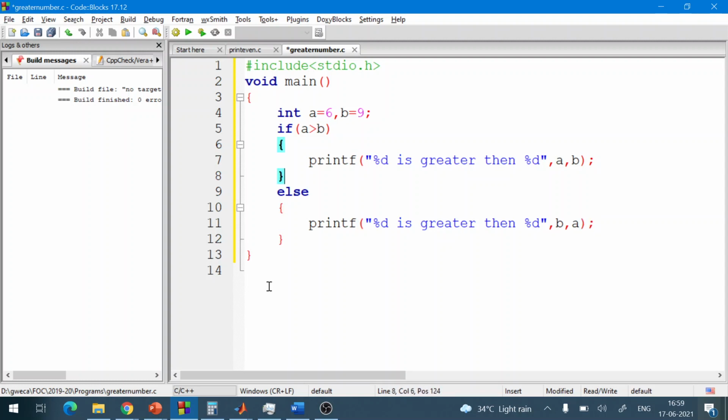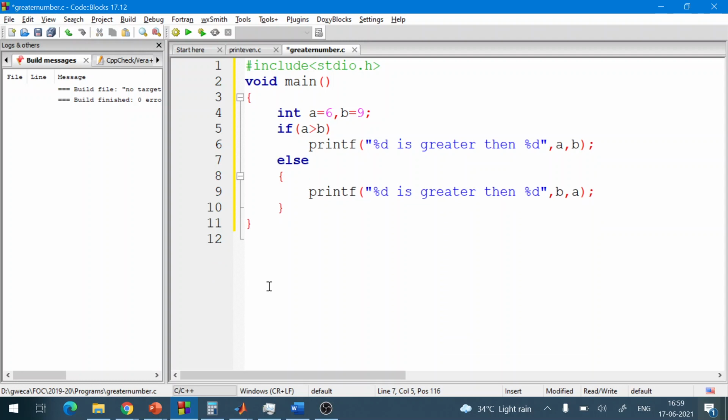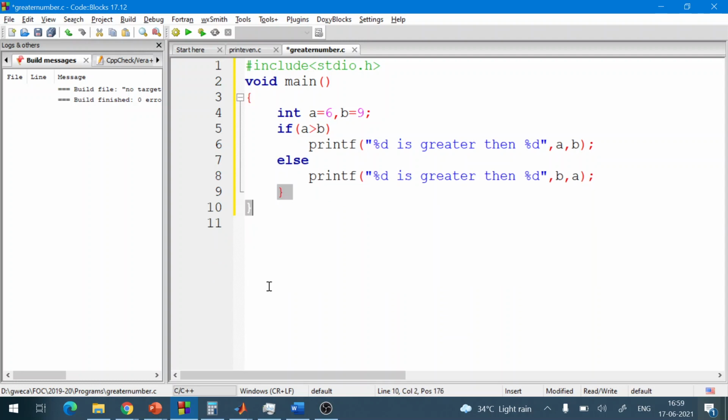One thing you have to remember: the if line and else line do not have a semicolon, because these are not single statements. The complete if construct and else construct are called constructs. One more thing to remember: if there is only a single line after if or after else, then the braces are not required. You can write it directly like that, because there is only one line after if and only one line after else.